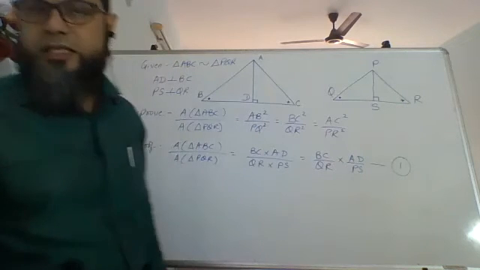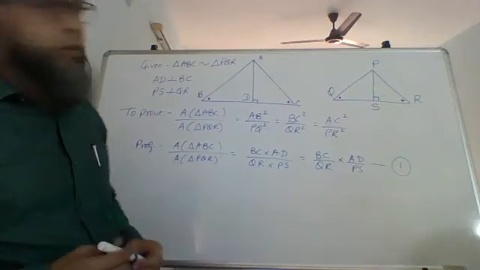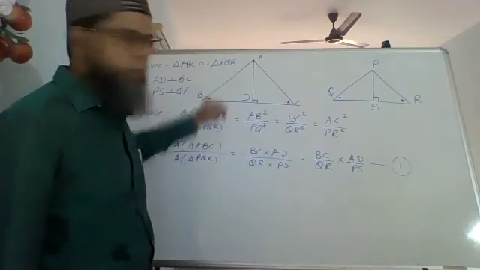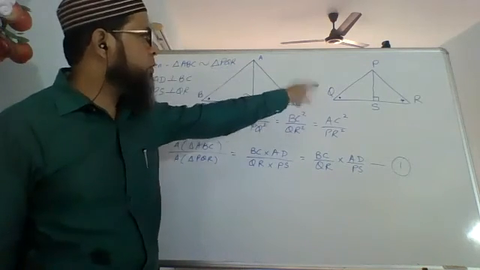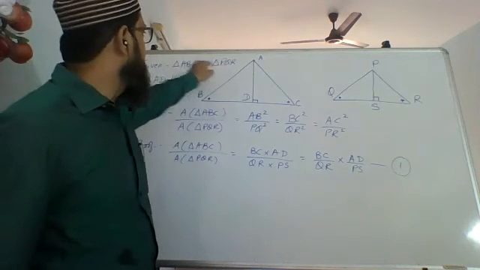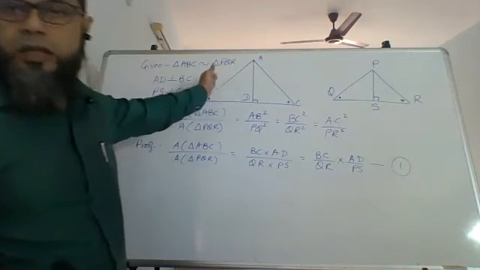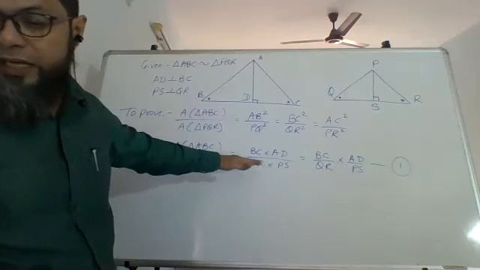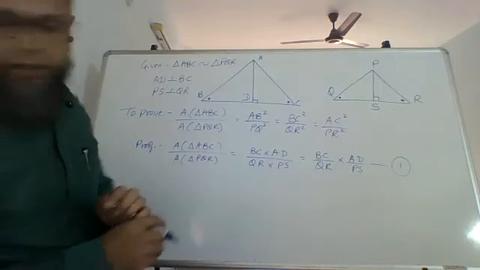Now, if the triangles are similar, their sides are in proportion. So AD upon PS is equal to AB upon PQ. Also, these two triangles are similar. So AB upon PQ is equal. That is what we are going to prove. For now, copy till here because I'll have to erase it. I need the board. So please copy a little faster before we get disconnected.